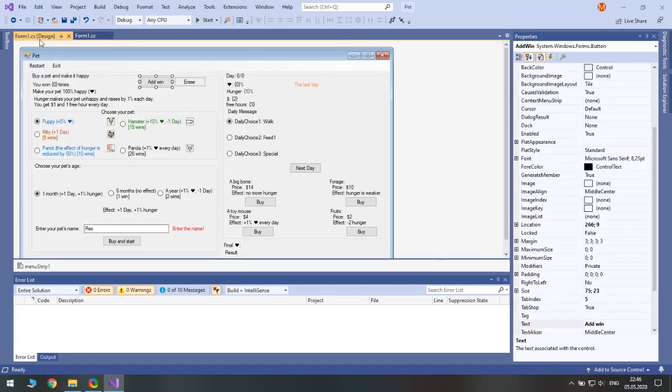So if, for instance, your hunger is 15 and your hunger modifier is 1, then the happiness is subtracted by 15. If it is 2, by 30, and if it is 3, by 45.